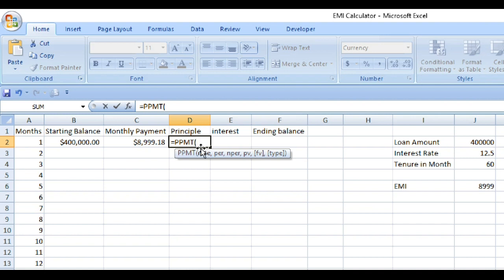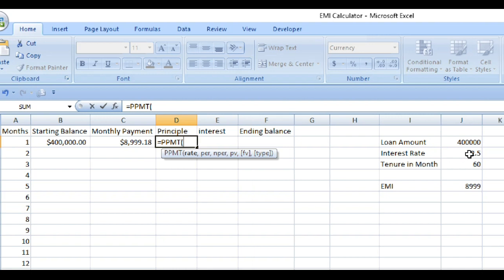So here, first, rate: as usual we have to select the interest rate divided by 1200, because I already explained the reason. To calculate the monthly interest rate and to convert into percentage, I am adding this divided by 1200. Next, period.